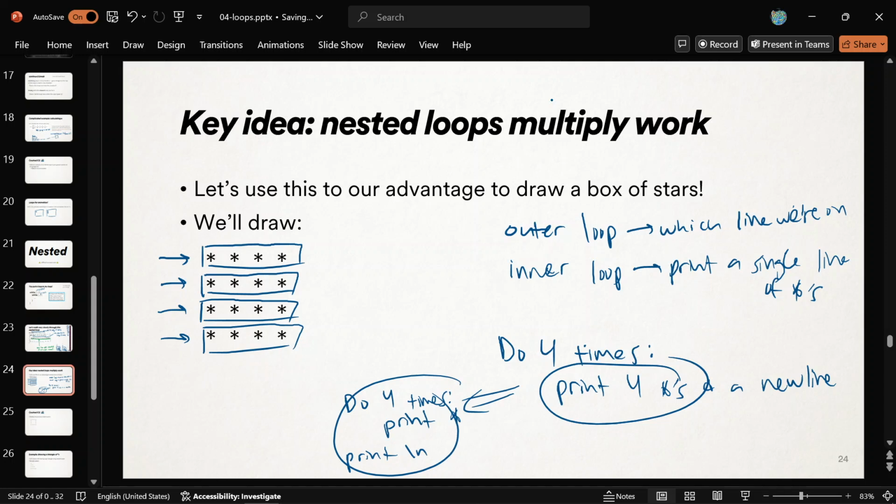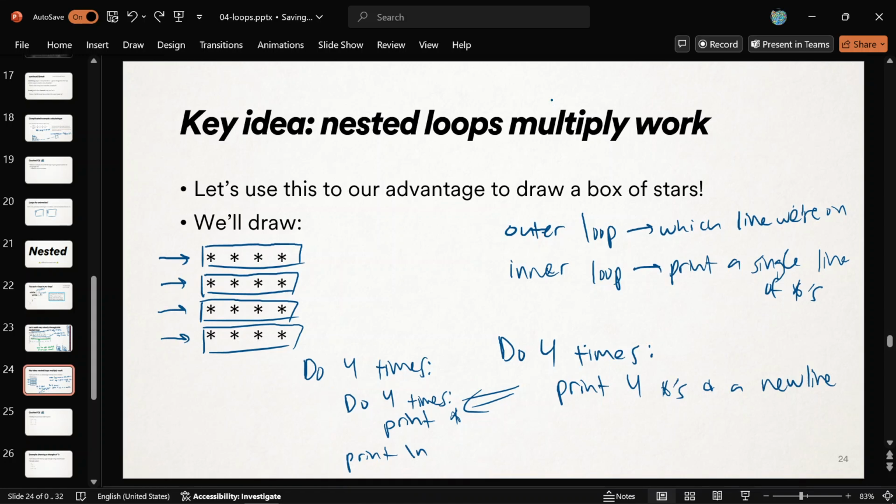Like, this is that part, and it's just, okay, it's another loop within a loop. That was natural, right? That's obvious that we want that. And then we'll keep the same thing out here, so that's kind of what it looks like. We just need to translate it to real C++ now. And so all the indented stuff are bodies. This is the body of the outer loop, here's the body of the inner loop. But it makes sense, right? 4 times for each of the 4 lines, I would like to print the 4 stars that are on that current line, and then break that line. Yeah? So if I could just translate it to C++, I would get my box.